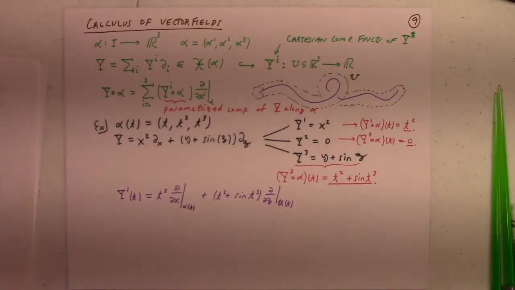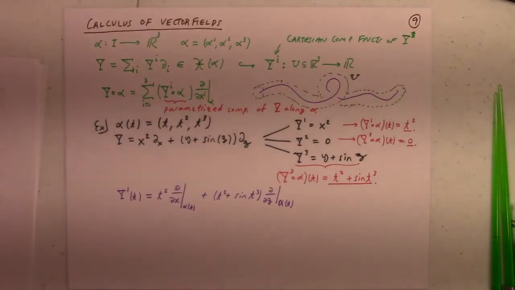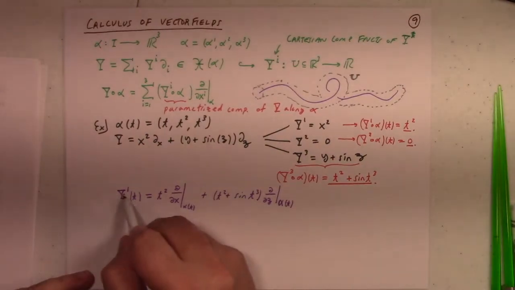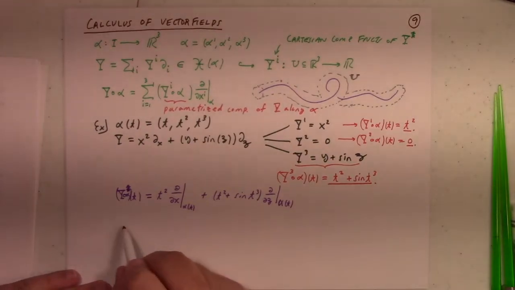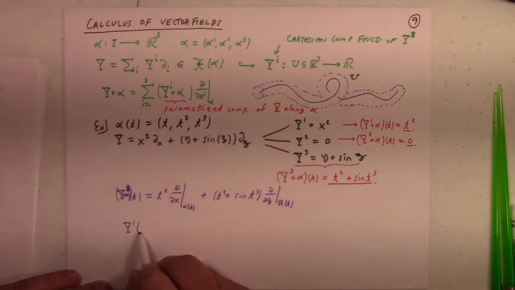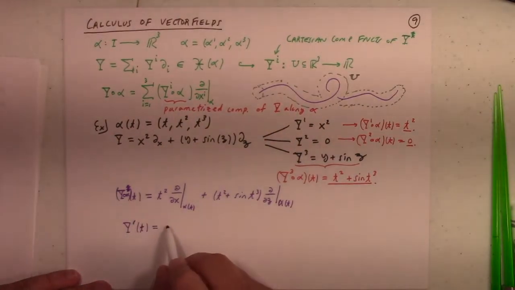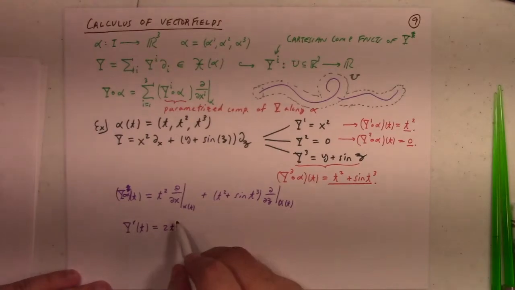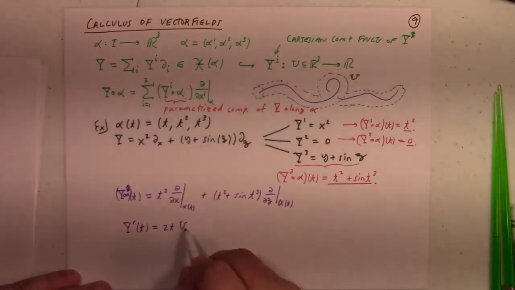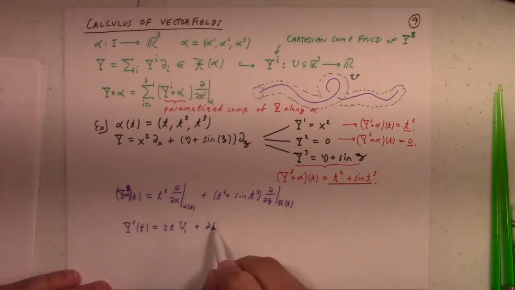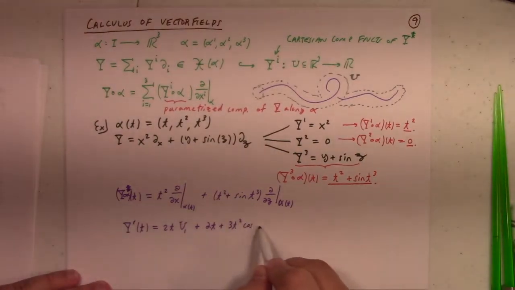And okay, so obviously that's just y of alpha. Oops, I guess the easiest way to fix this is to say composed with alpha of t. All right, so y prime of t, the alpha goes away, that's our notation, so it's 2t. And I prefer to, well, I could still write partial x of that, but I just like to write u1. And then plus 2t plus chain rule, so 3t squared cosine t cubed